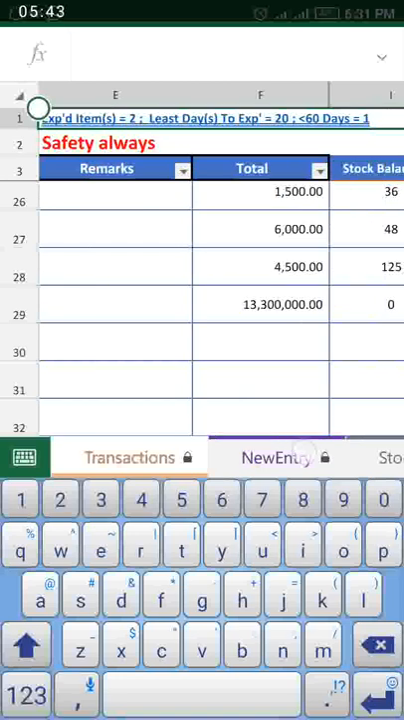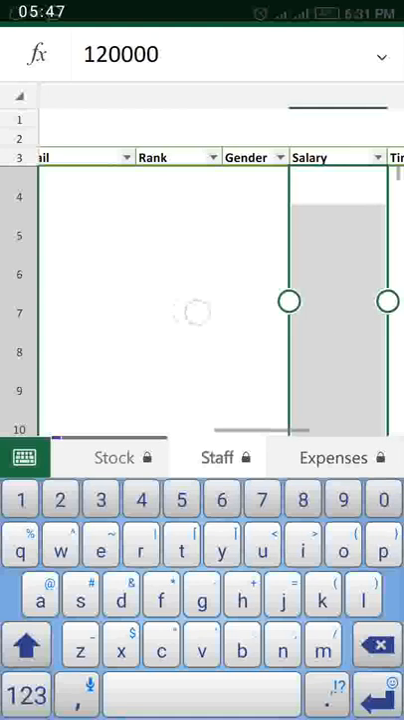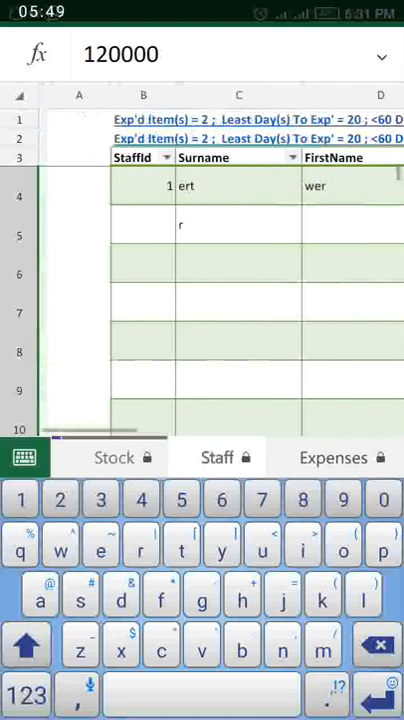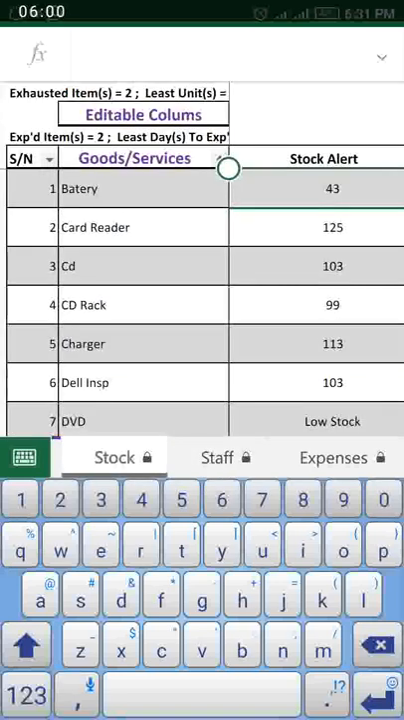For a transaction page, you can also see it even on the staff page. Let's go to the staff page. This is a quick info of what is happening in the database. You see it on all the pages. Now to get the detail, let's click on it. Let's open the link to the detail. You can see the detail in your stock